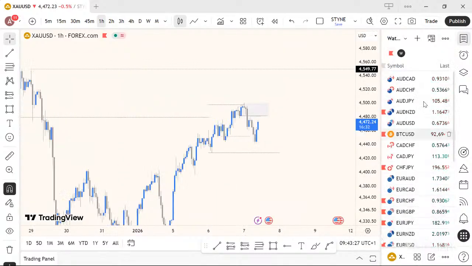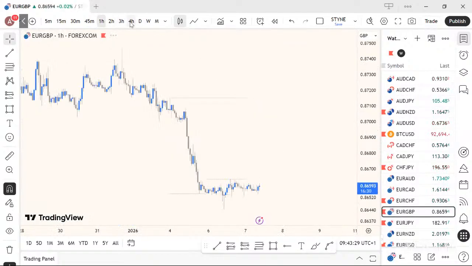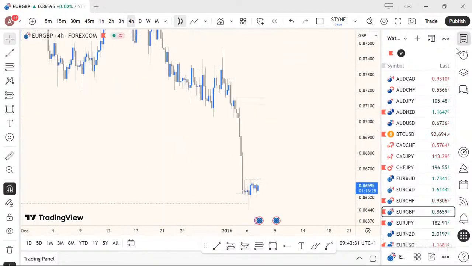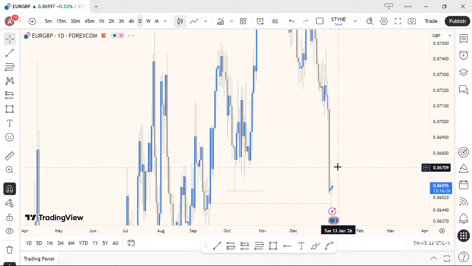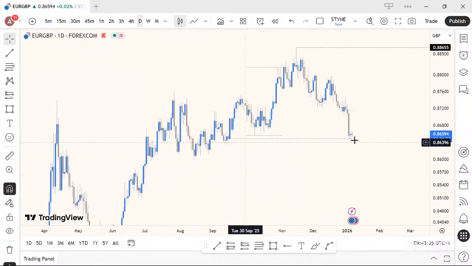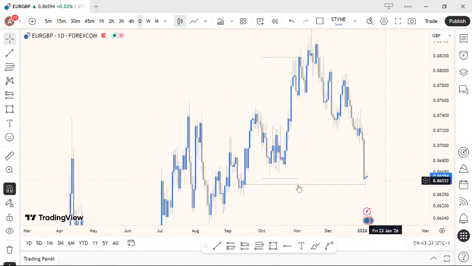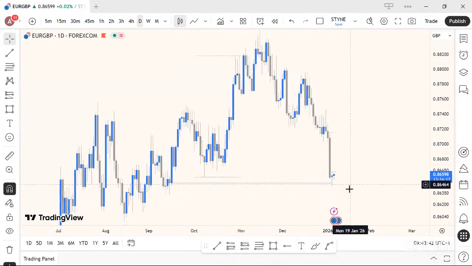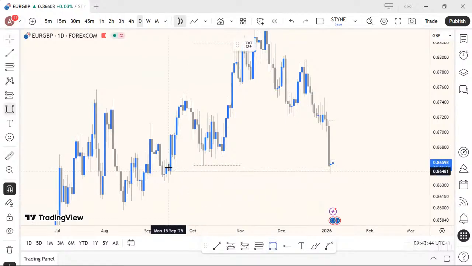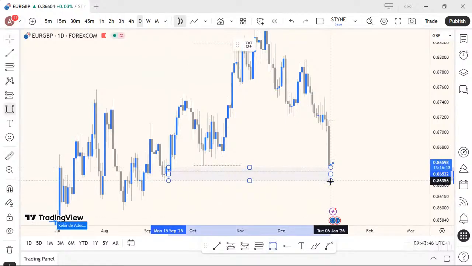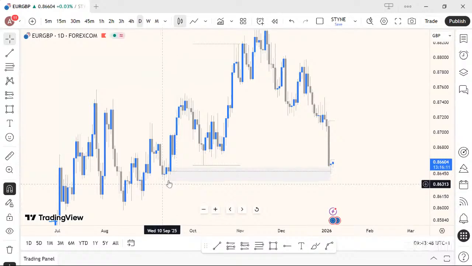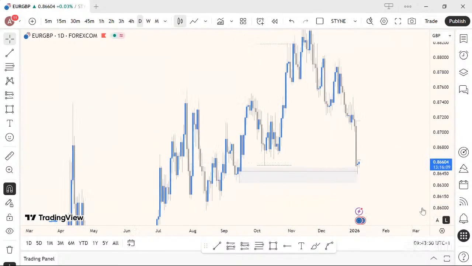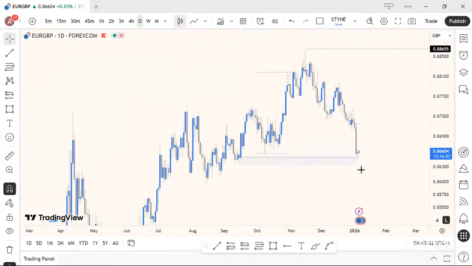Okay. So let's see what Euro GBP is doing at this point. For the people in the boot camp, I called out this zone for them. I sent this area for them that they should be interested in looking for a buy. So you can draw this as another block, or as a key level, whatever you want. But this zone was looking very good for the Euro GBP to buy from.